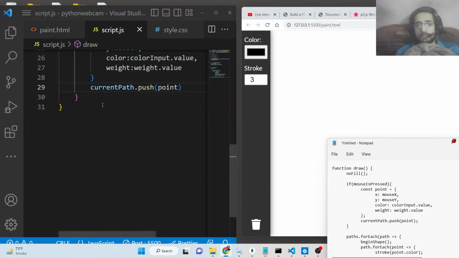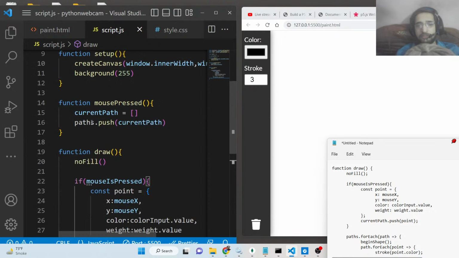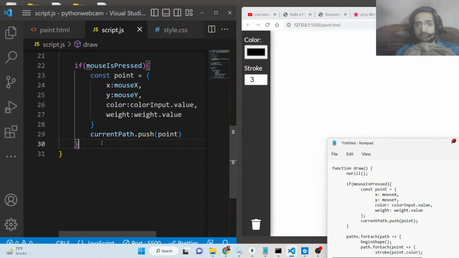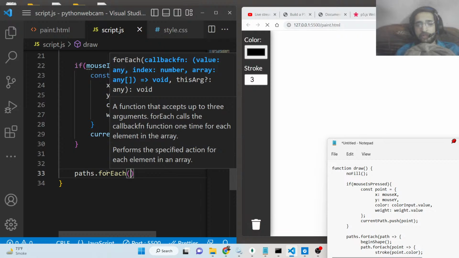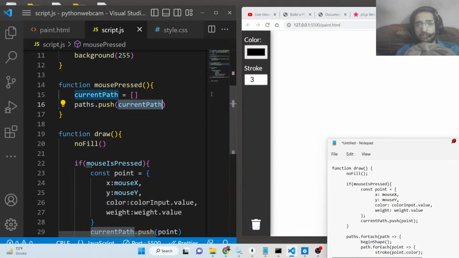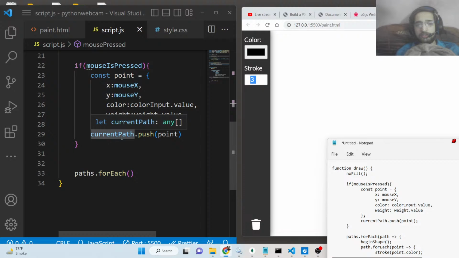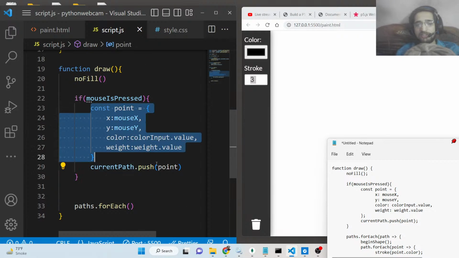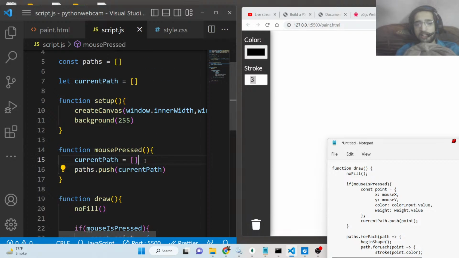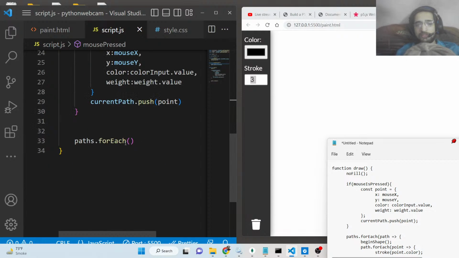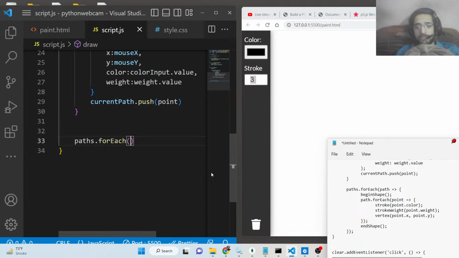So we need to loop through all these paths, guys, as this paths is an empty array. After this we need to loop through paths.forEach. We will use the forEach loop because, as you can see, as I'm pressing the mouse here, we are pushing this current path object that we have initialized here into this paths object. Again we are initializing it to empty. So now we need to loop through this paths array, and for each path,